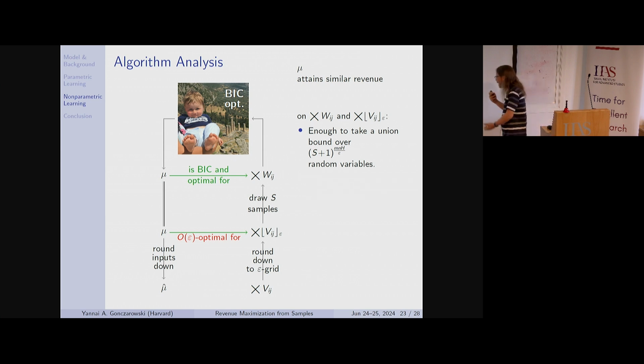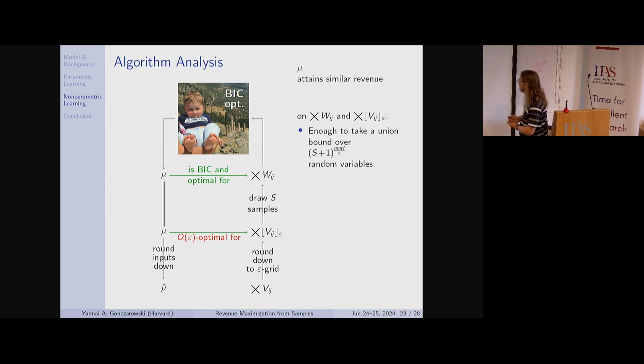So it might seem like I'm lying here. I just told you I have no idea what the structure of this is. Then I'm telling you it's sufficient for me to keep in my mind (s+1)^(mnh/epsilon) auctions. It seems like I'm lying, but this is the heart of the argument. My claim is that this is an upper bound on the number of product distributions I might feed into the oracle.